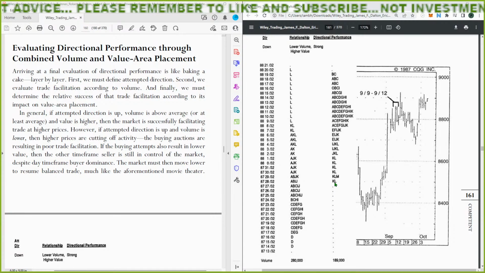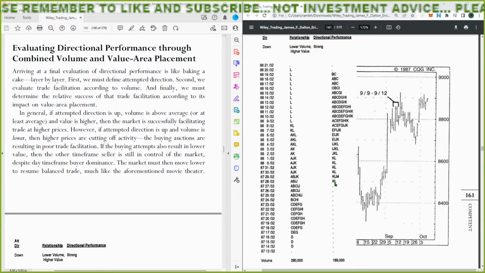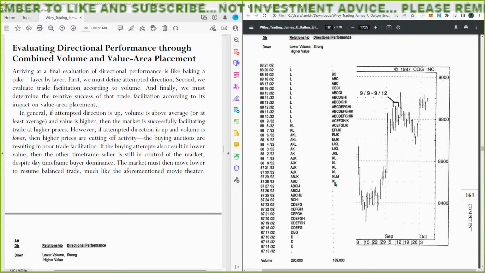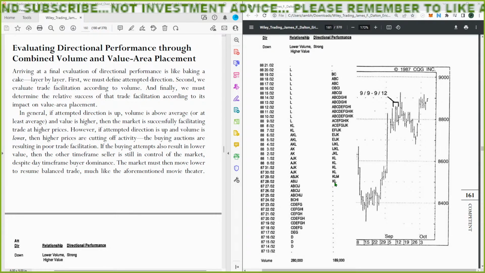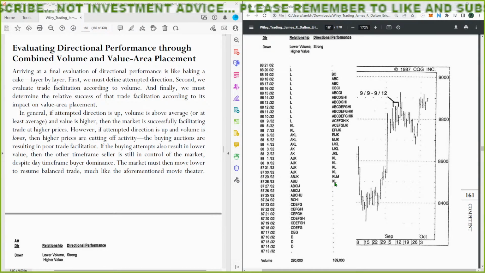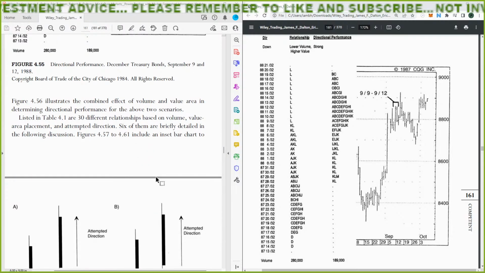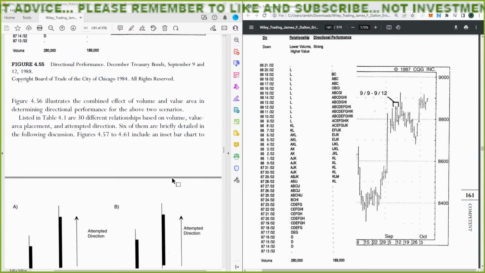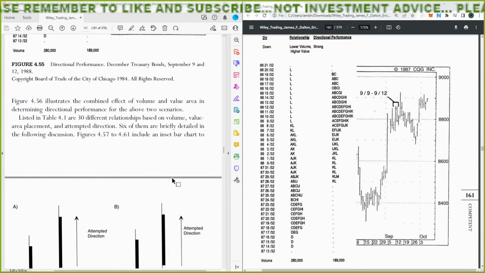If the buying attempts also result in lower value when the other time frame seller is still in control of the market, despite day time frame buyer dominance, the market must move lower to resume balanced trade, much like the aforementioned movie theater. Figure 4.56 illustrates the combined effect of volume and value area in determining directional performance for the